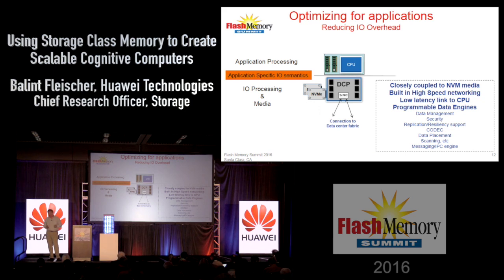So the proposal we make is that there needs to be a functional block, we call it a data coprocessor or DCP, and it would have high-speed engines built into it, optimized for I/O functions. The big debate in industry is always about offload and onload. The problem if you are running all these functions on a CPU is that the CPU is busy processing, and the faster the storage,